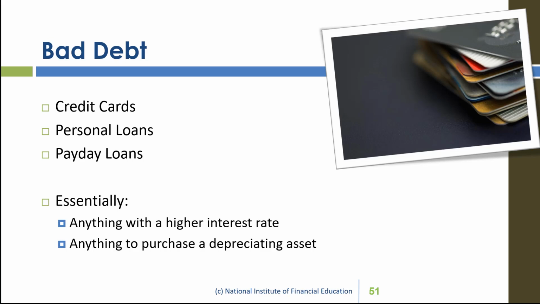Because in most situations, this type of borrowing is simply to allow you to spend money now that you can't afford to spend now. You're having to borrow from a future self in hopes that you can pay it back. You're taxing yourself in a way, and you're having a higher interest rate because that debt is unsecured. So it's typically used to also purchase a depreciating asset, meaning that if I buy a sweater or a stereo and I can't afford to buy it today and I have to borrow using a payday loan or a personal loan or a credit card, I'm effectively going to have that asset be worth a lot less very quickly.